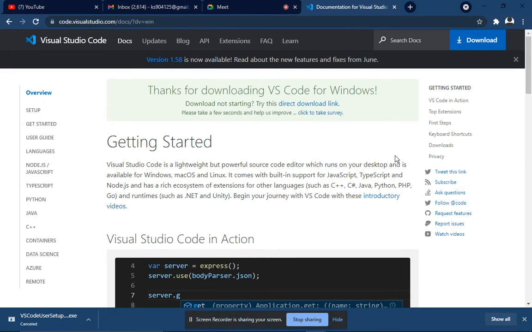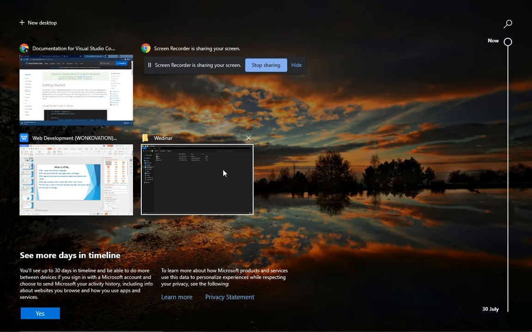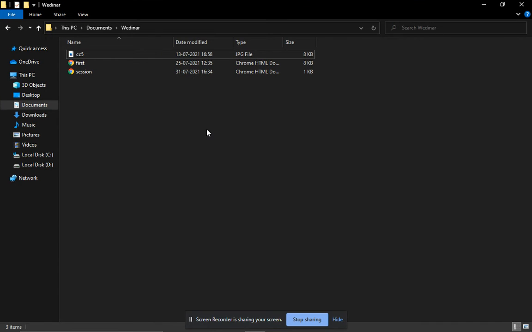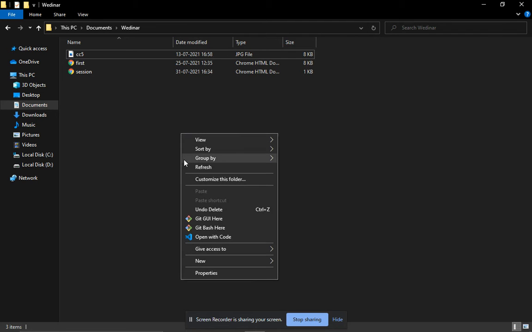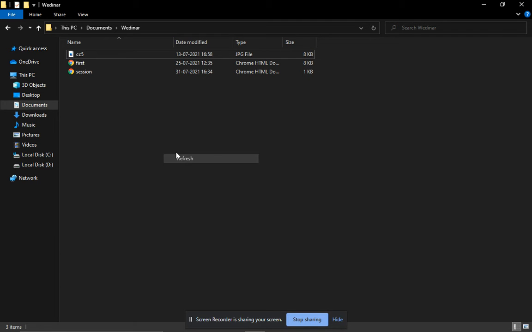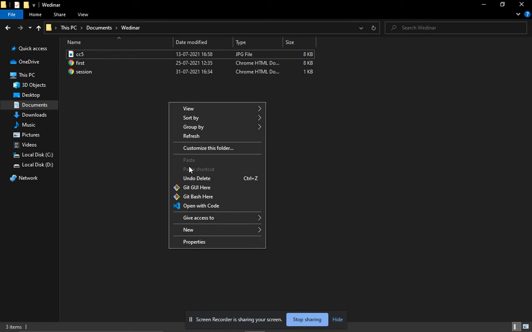You go to any folder on your PC and right click on it. When you have installed VS Code, you just right click the folder and click Open with Code.